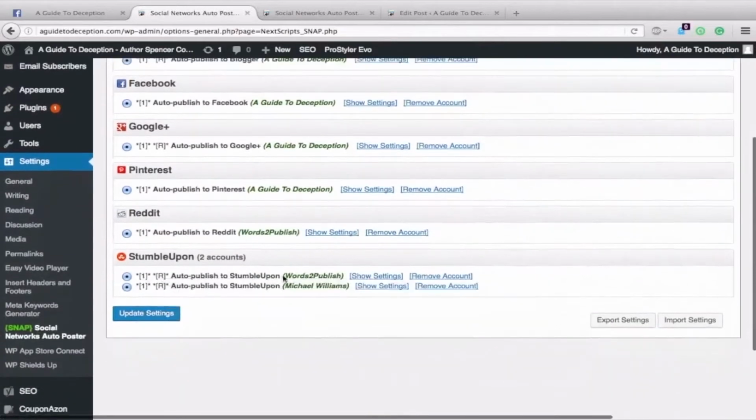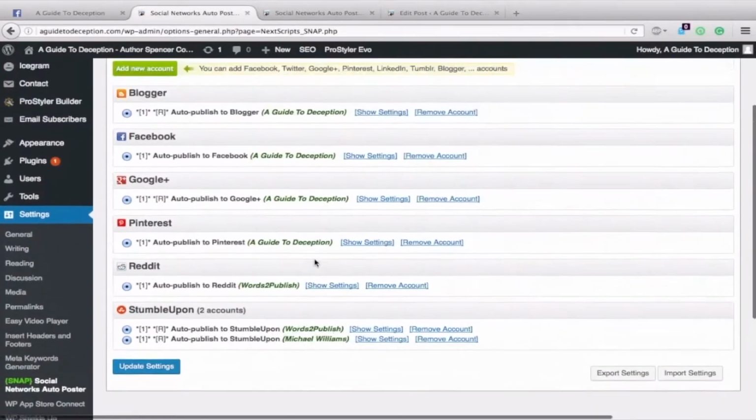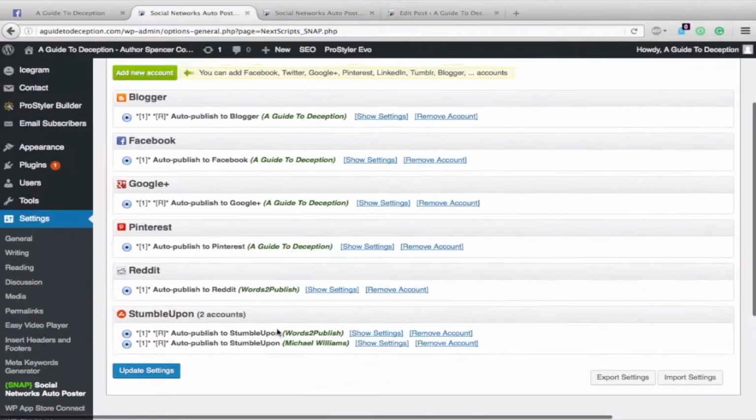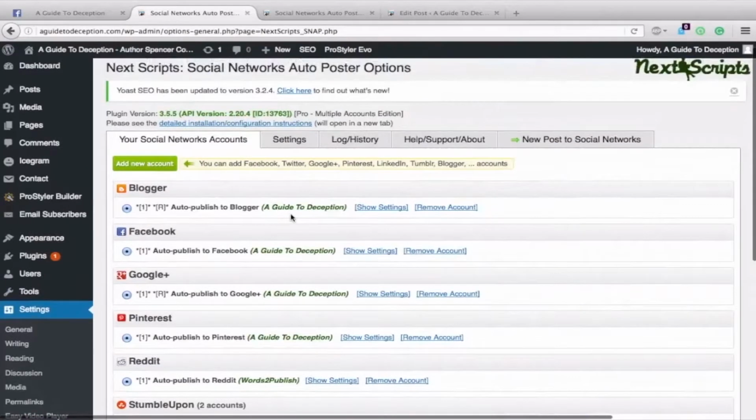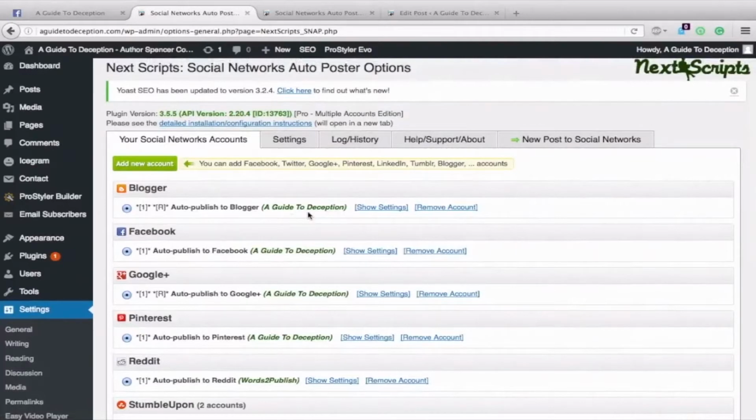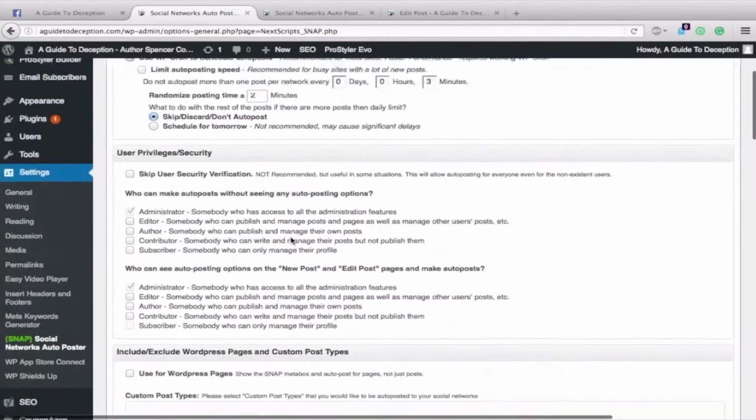You see down here with StumbleUpon, I have a Words to Publish and a Michael Williams. I had different accounts on all of these, but the problem was that the Social Network Auto Poster wasn't differentiating between those different accounts, and it posted all my posts to all the accounts, which then every single time I had a post scheduled, I had to go through and delete the posts that weren't supposed to be on each account. I tried different things, like in the settings here, you can go and say,